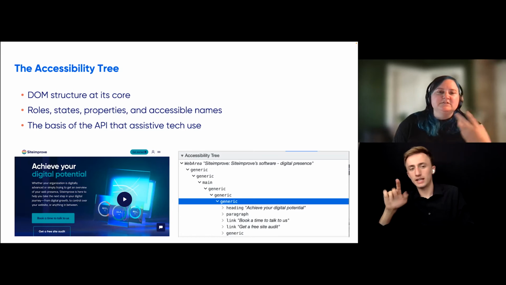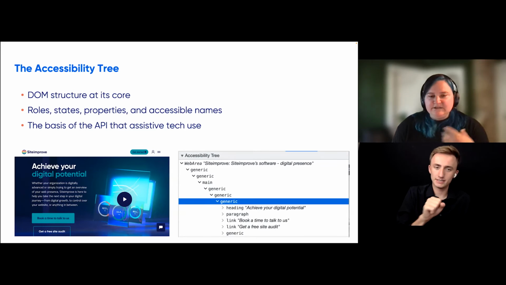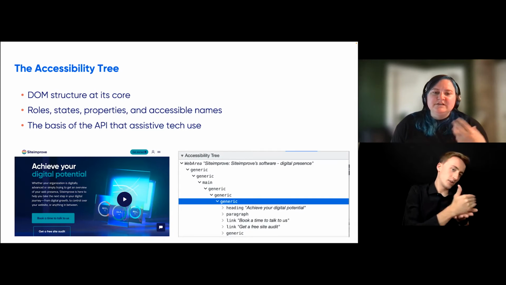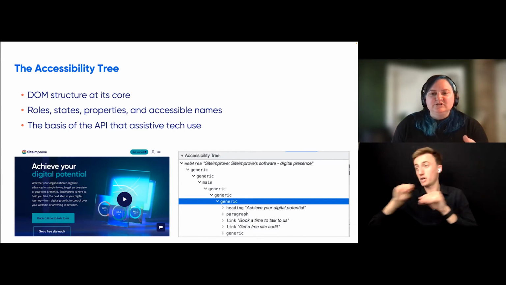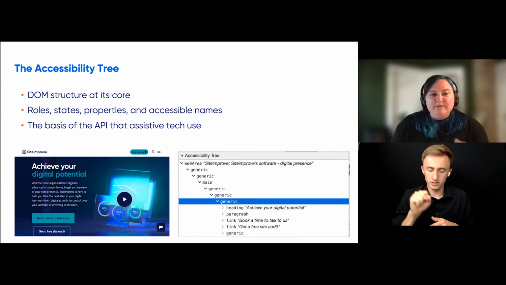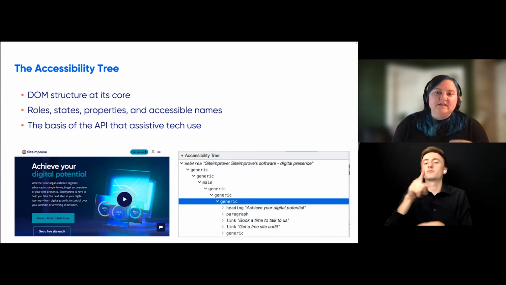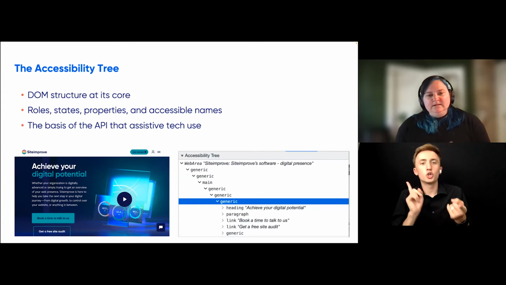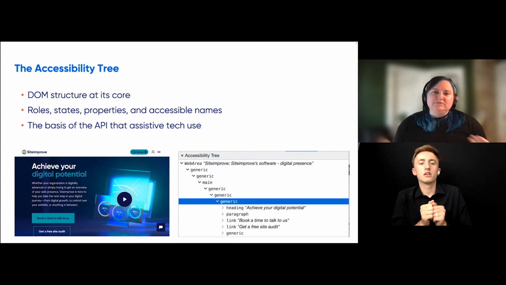So it gathers those things we talked about in that semantic HTML conversation we already had. It gathers those up and puts them into this tree along with any of the other text content or generic containers. And this is the basis of the API that assistive technology uses to interface with and describe these elements out to the end user.